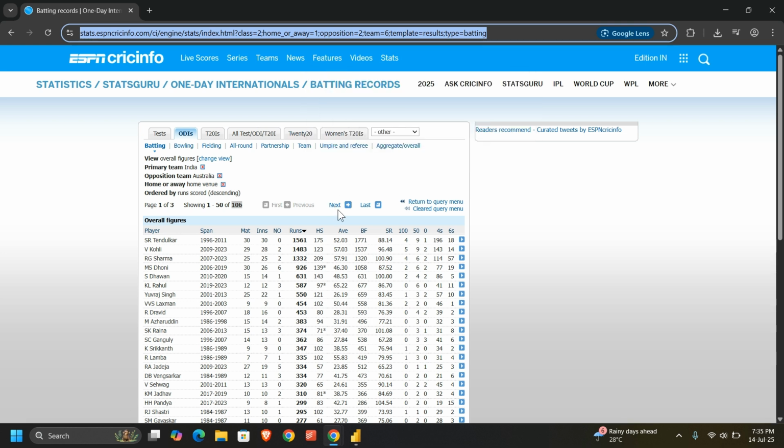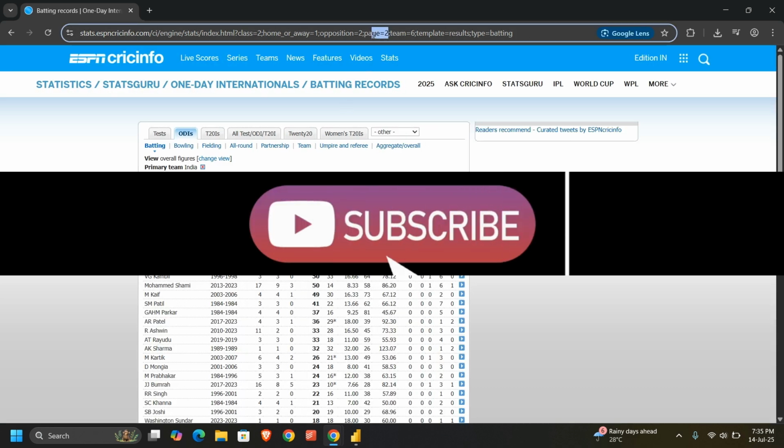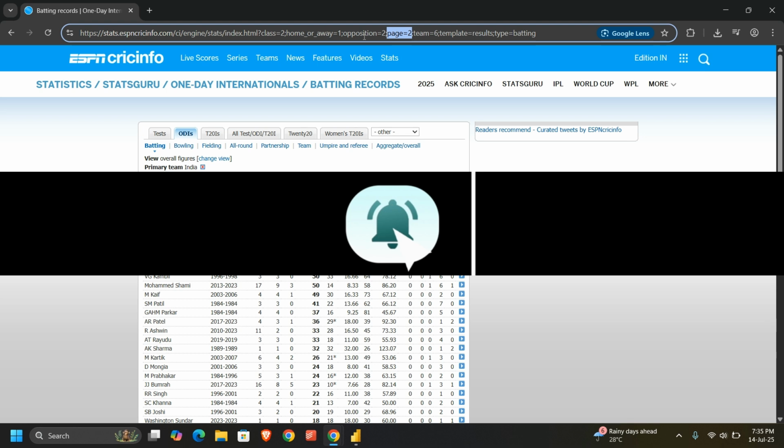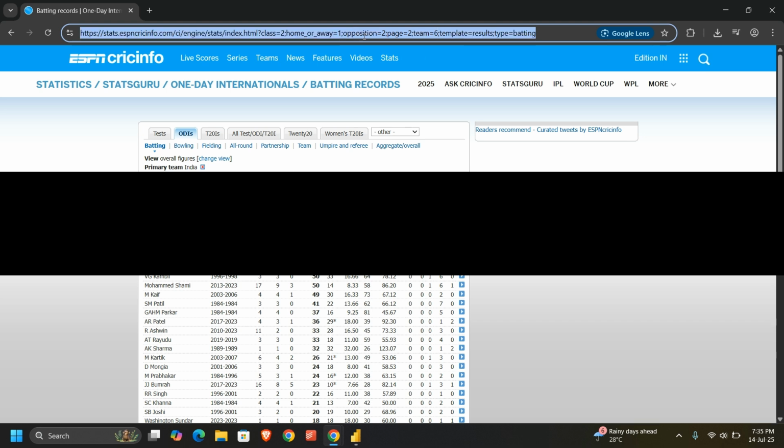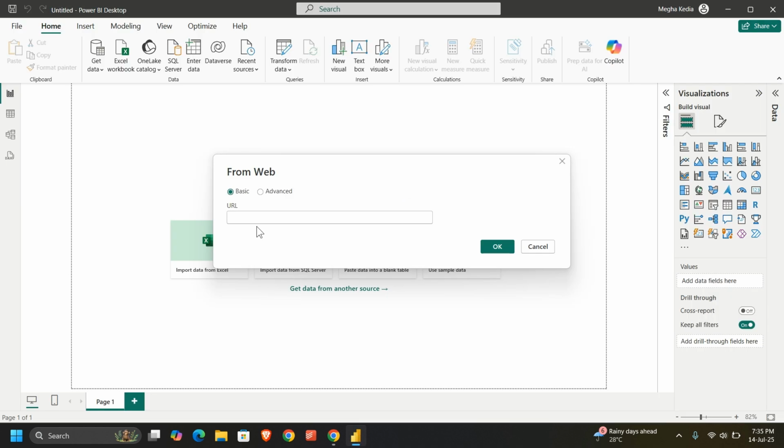I click on next, and here I can see a new parameter, page equals 2, is added. I'll select this link, Control C, and go to the Power BI desktop. In the URL place, I'll paste the link and simply change the page number to 1. I hope it's clear. Now I'll click on OK and see what happens.